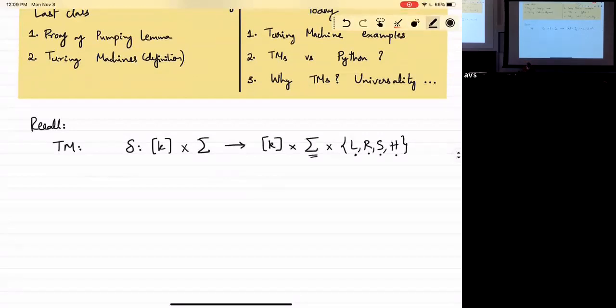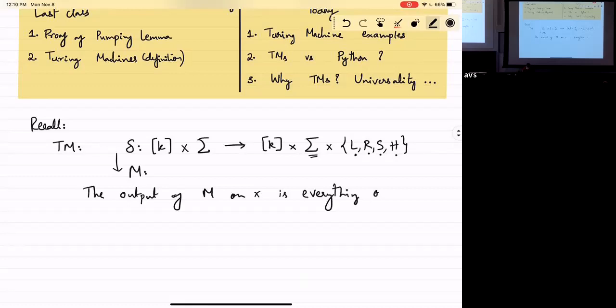And we said, if I have a Turing machine M, the output of M on X is everything on the tape till the head position. Okay, so you basically have your long tape, but eventually when the machine finishes its computation, the output is going to be everything on the tape until where the head is. Okay,